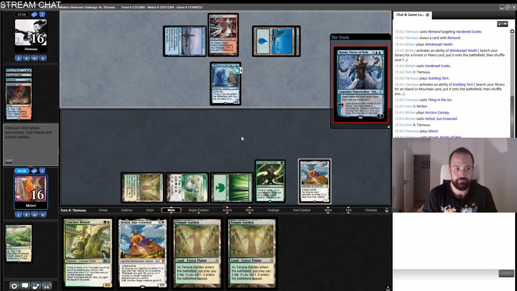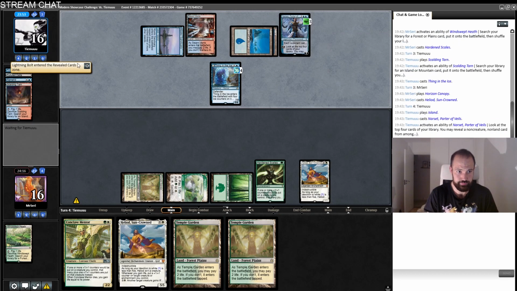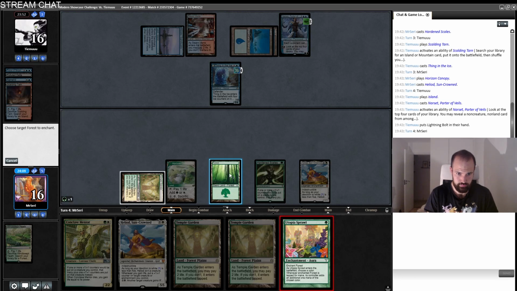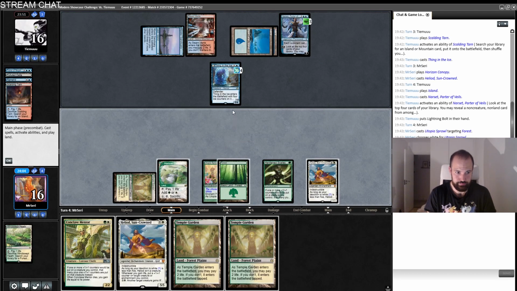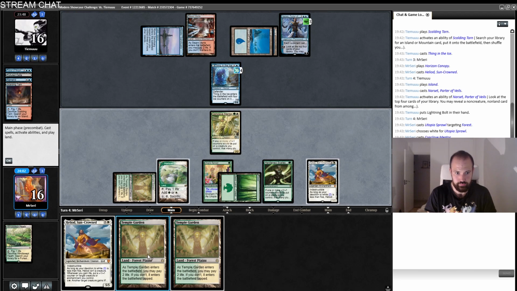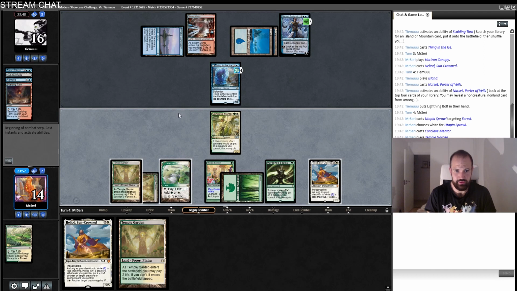That's a Cryptic mana. Nice set. So we need to be careful with the Horizon Canopy once we use it. We're gonna pop the Horizon Canopy at the end of their turn because we basically are completely out of gas, right? So